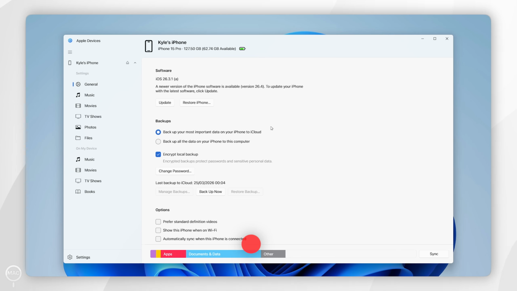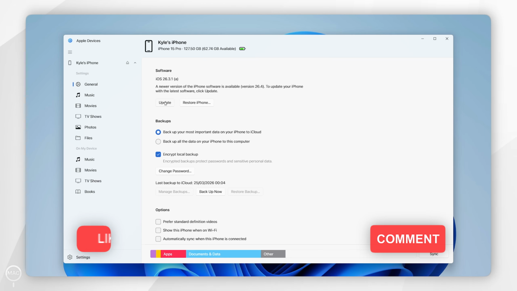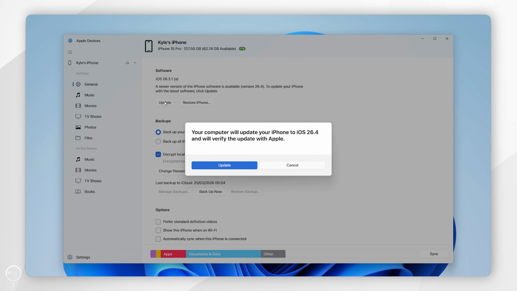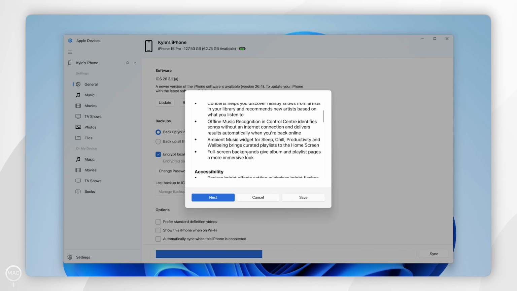To update our iPhone software, all we need to do is to select the Update button, and it will go ahead and scan for a new update. If one is available, you'll see this pop up with the version of the update, which is 26.4, so you want to select Update. The update notes will then pop up, so you can read through these if you'd like,